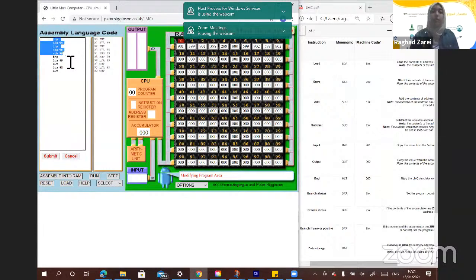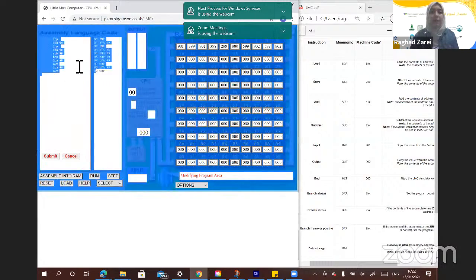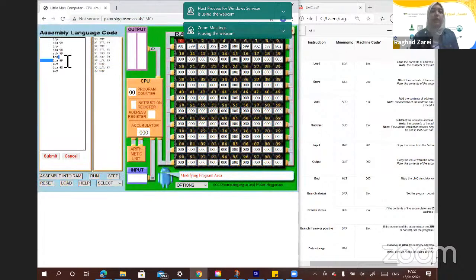If that was positive, we wanted to branch somewhere. If it was not, we want to load the second number and then output. So we basically want the program to jump all the way to this step, correct? And this step, as you can see, is 8. So you branch this number to the instruction you wanted to go through. Okay, so I'm going to be writing 8.